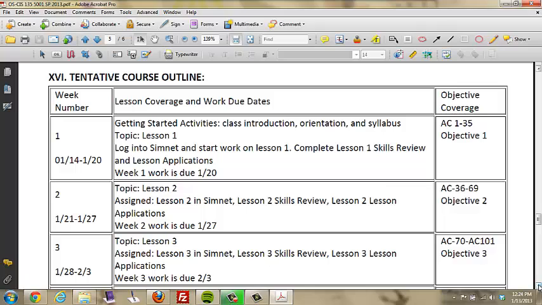All right, let's look at our tentative course outline. So this week we are doing the getting started activities, the class introduction, which you're doing right now, and the syllabus. You should read topic lesson 1. So make sure you read the entire thing. While you're reading lesson 1, make sure you download from Blackboard under assignment 1 the first lesson